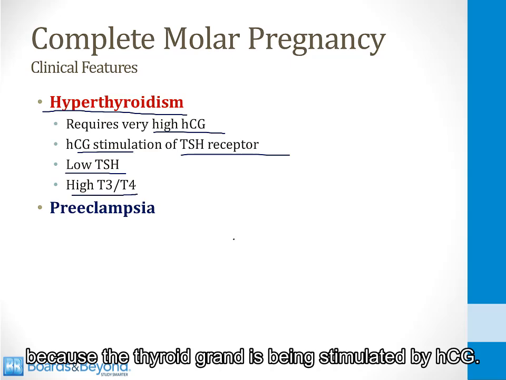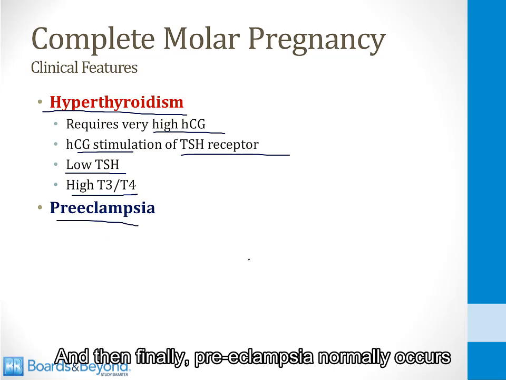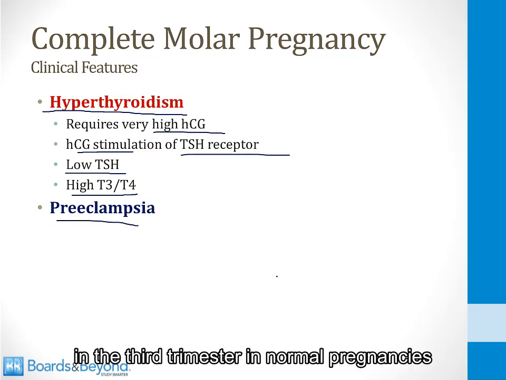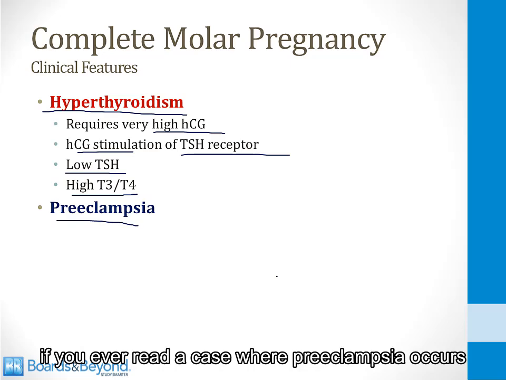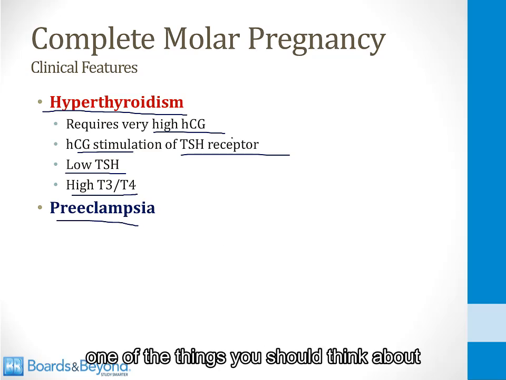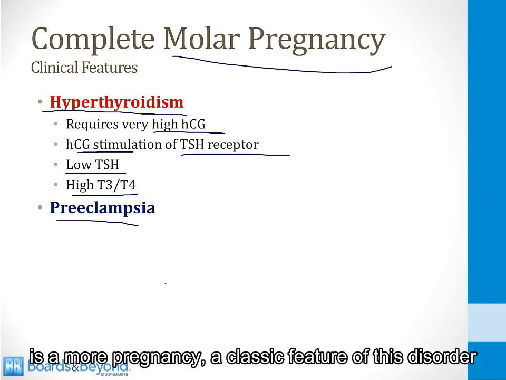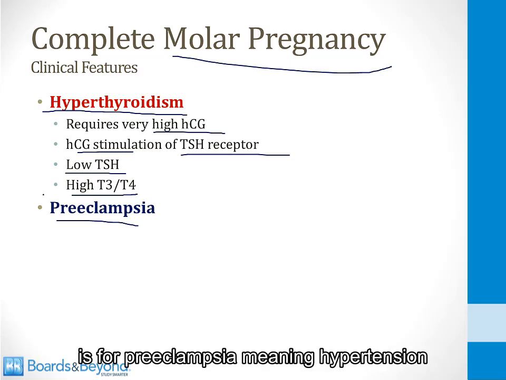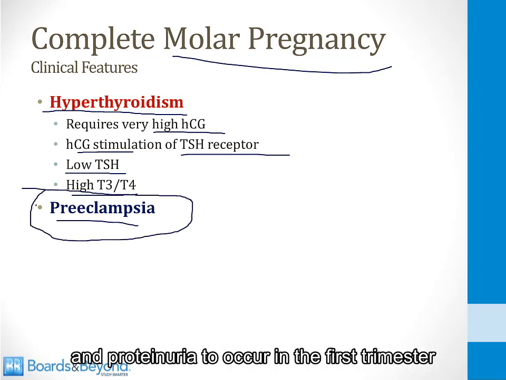And then finally, preeclampsia normally occurs in the third trimester in normal pregnancies. If you ever read a case where preeclampsia occurs in the first 20 weeks, meaning in the first trimester, one of the things you should think about is a molar pregnancy. A classic feature of this disorder is for preeclampsia, meaning hypertension and proteinuria, to occur in the first trimester before